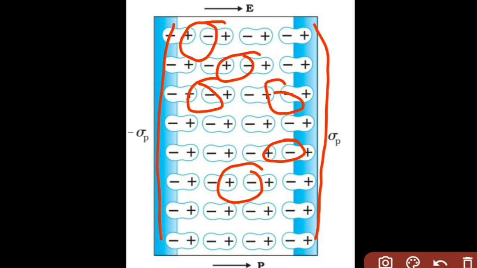electric field. So even if the sample is polarized, it is a point to be noted. See, inside the dielectric, there is no net charge actually, but on the surface of the dielectric, there appears a charge. Because of that, we have the surface charge densities sigma p and minus sigma p on the two sides. That P suffix stands for the surface charge density due to polarization.